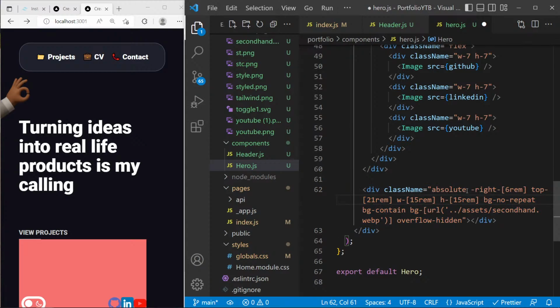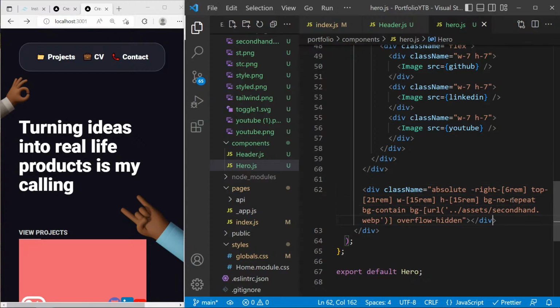So how do we solve this? Absolute right minus. If you say 5 rem, if you say 3 rem, right 5 and save. If you say 6, okay,